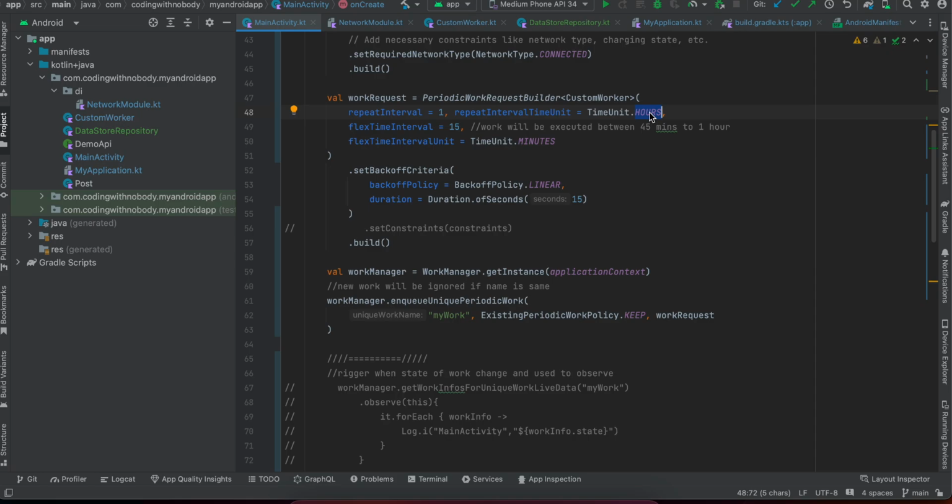Basically what I'm doing is calling a REST API endpoint using Work Manager, and once that is called, I'm storing that data inside preferences data store. I'm also storing the count of how many times the background operation has run, because some of you might be curious. So it's better you just build this application, run it on your device, and check